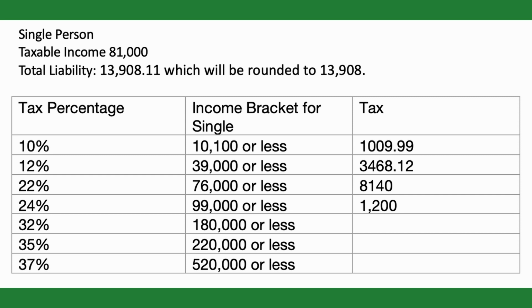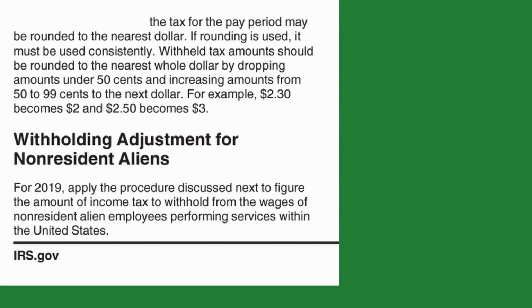$1,009.99 plus $3,468.12 plus $8,140 plus $1,200 is going to equal a total of $13,908.11. One thing to note is that when you are doing these tax filing forms, the IRS likes to hold you accountable and have you round your numbers. So in this case, it's going to round to